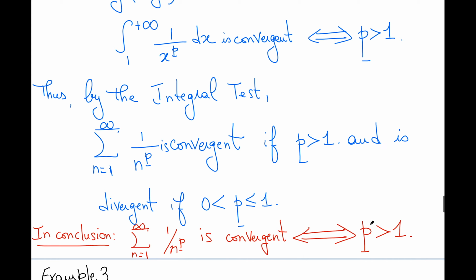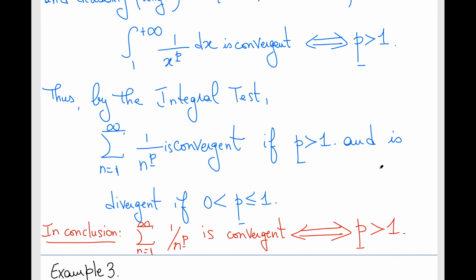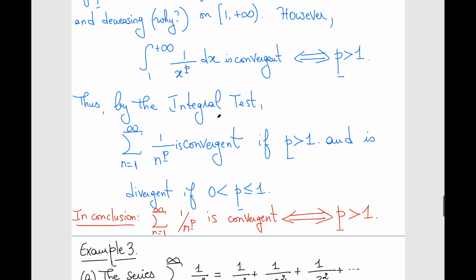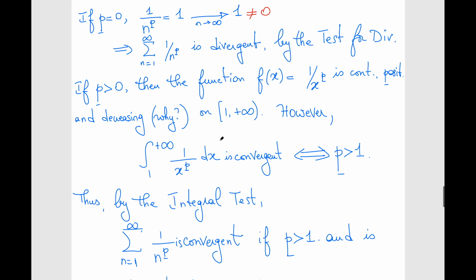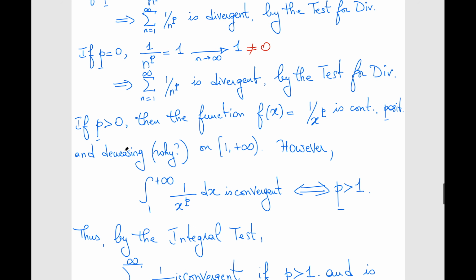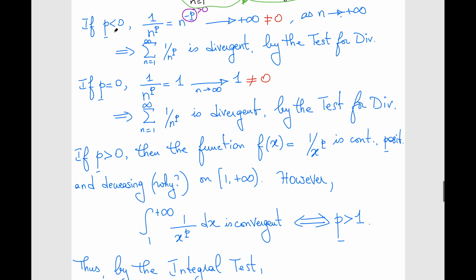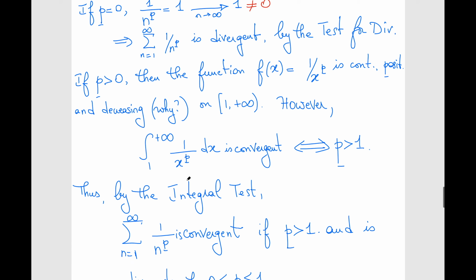They have the same nature. So whenever this converges, that converges as well for the same p's, right? Okay, remember the integral test only applies when p is bigger than 0, because that's the only time this function is decreasing. When p is negative and p is 0, in both cases, the function is not decreasing anymore. As such, the integral test is not going to be applicable, correct? So